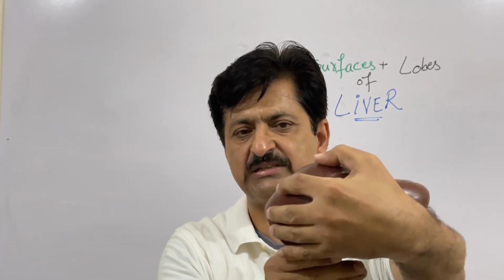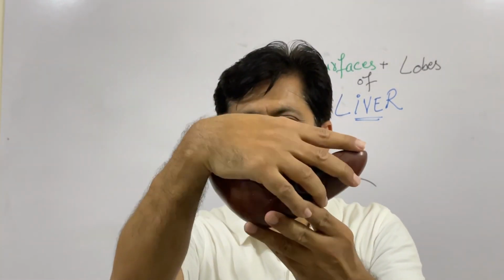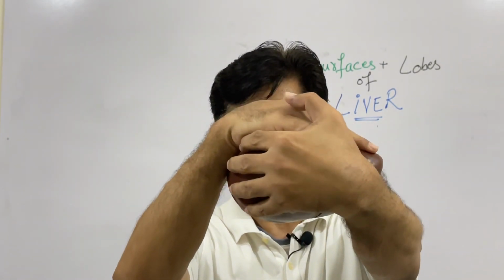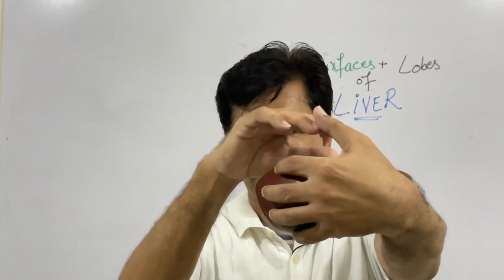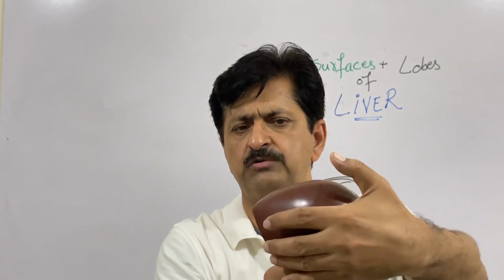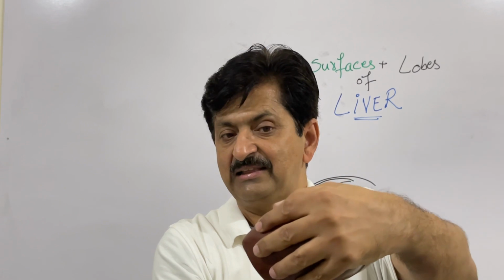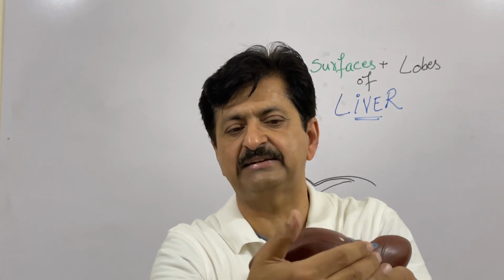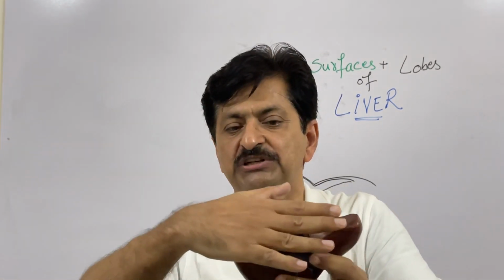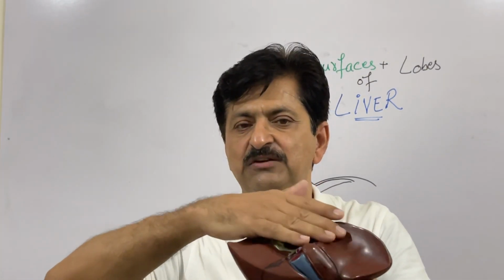So you can see these two surfaces, the anterior surface, which is smooth, and on this superior surface you can see some landmarks. All of this is under the dome of the diaphragm, not palpable in abdominal examination. At the same time, these two surfaces have no border between them; this is anterior and we have this superior surface. Just behind the anterior surface we have the surface that is called the posterior, and just opposite the superior surface we have the surface that is called the inferior.